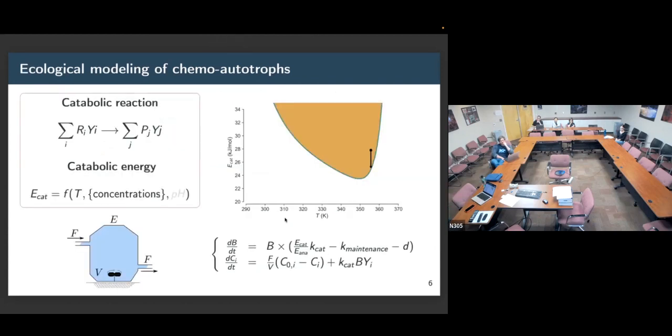And then going one step above, or taking one step back from being at the scale of the cell, let's look at a population of cells in its environment. So the catabolic reaction turns reactants into products. We calculate the catabolic energy as a function of the state of the system. It depends on the temperature and on the concentrations of the different reactants and products. And let's assume that those concentrations change, or their dynamics depend on the supply of a fresh medium to the environment that we're looking at, and the outflow, as if we were considering a well-mixed, continuously stirred bioreactor, and we put the population in that.